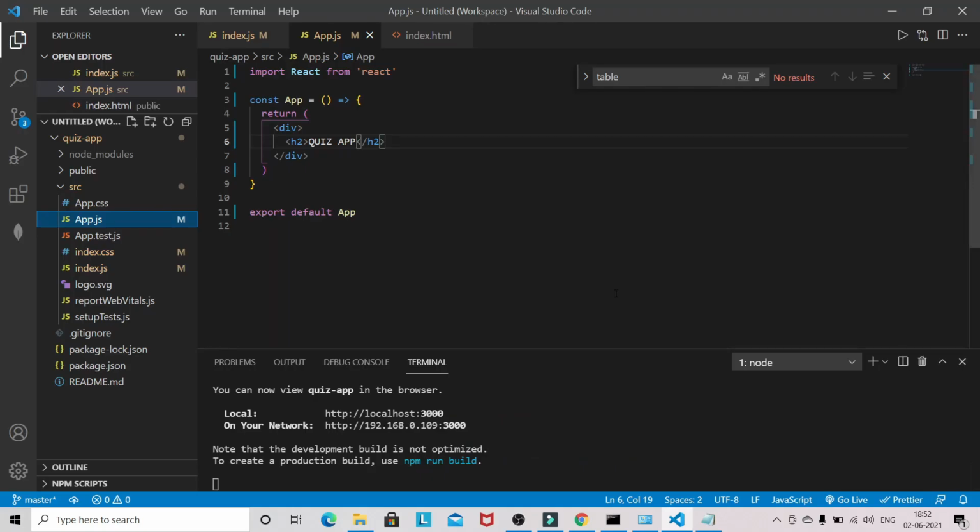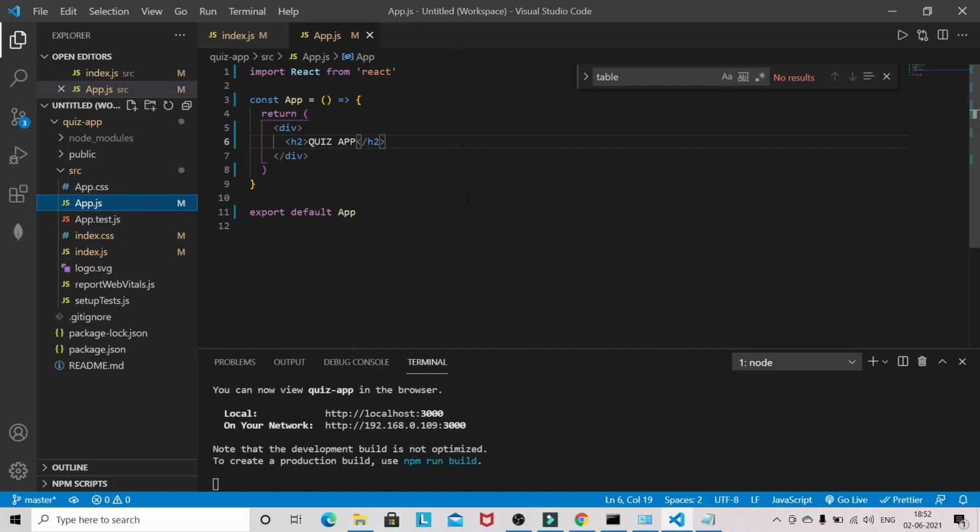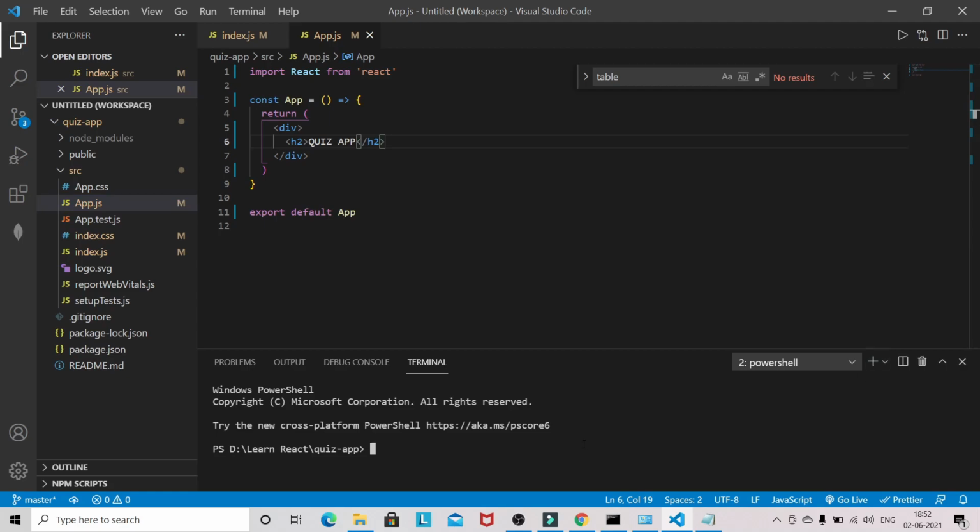As you can see, I have created a basic React project using npx create-react-app, and you can give your own name.